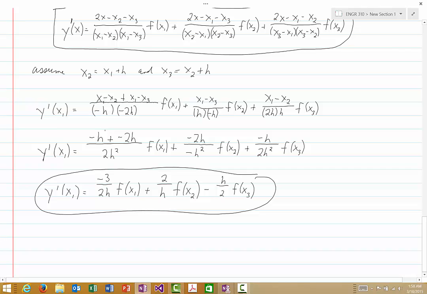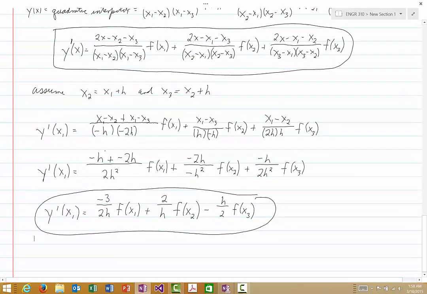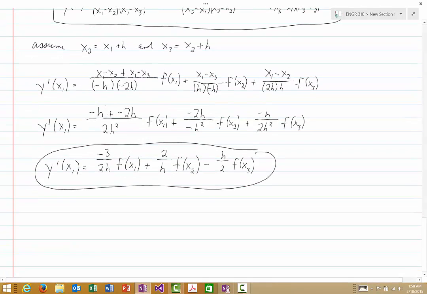Now let's calculate, well, in fact, I'll challenge you to do this. We now want to, in the same way, use this formula here, I'll put the star by it, to calculate y prime at x2 and y prime at x3. So I encourage you to do that, and then we can come back and do it all together. Okay, so y prime at x2,